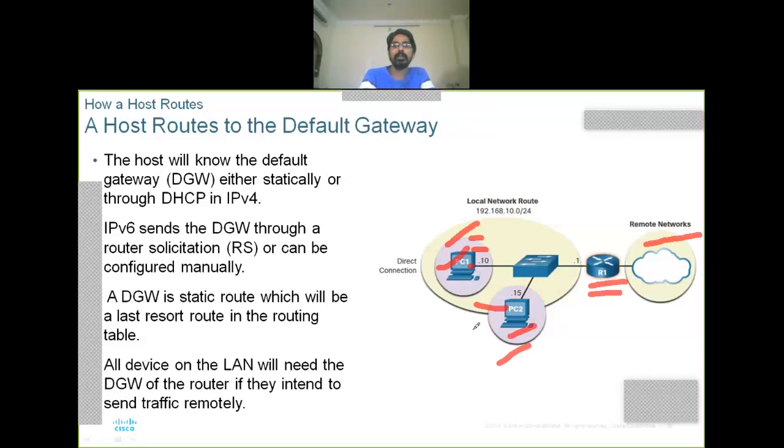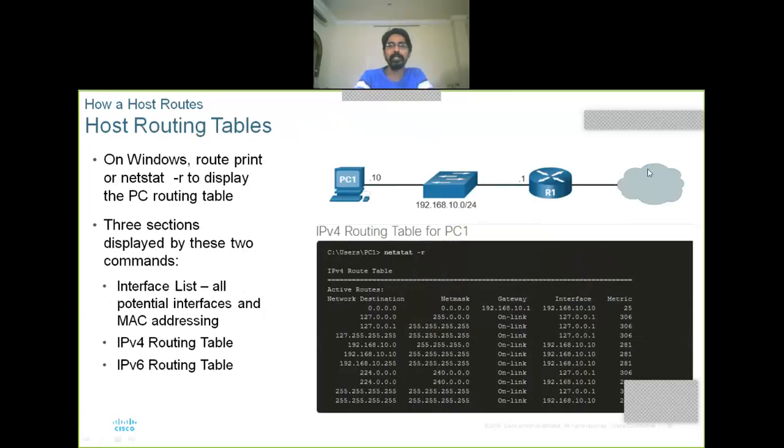The main point you need to note is that however many devices there are in a LAN, the default gateway IP address for all the devices is the same, because PC1 or PC2 can make outside contact using R1 only. So the default gateway for all the systems in the network is the same, that is their router address, the default gateway, DGW, right?